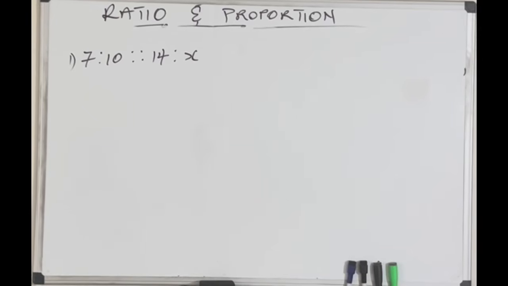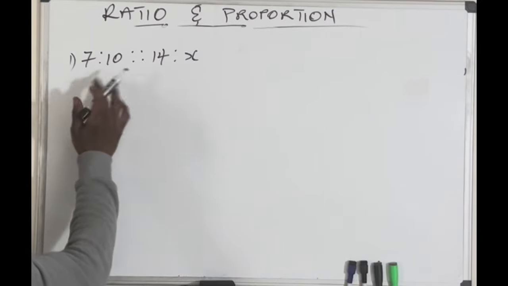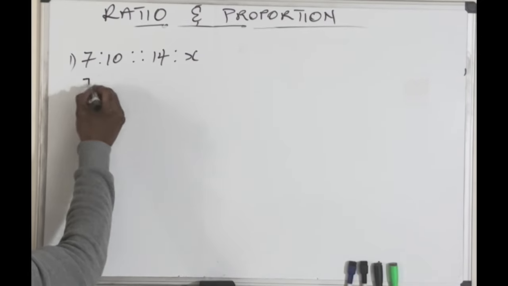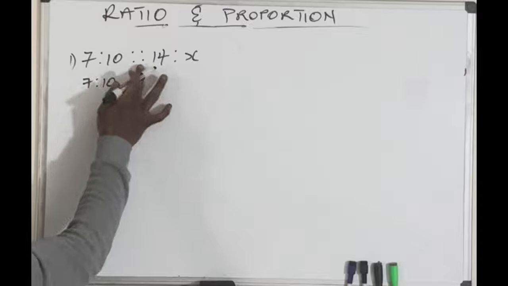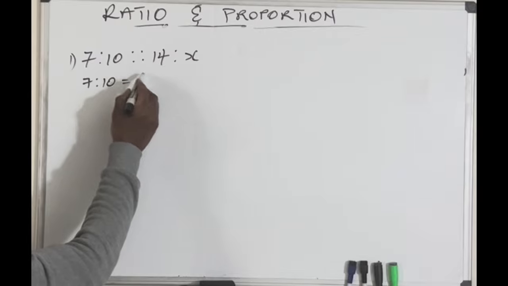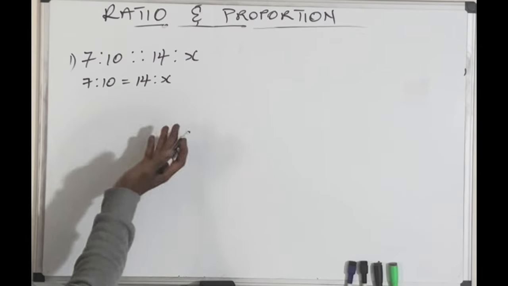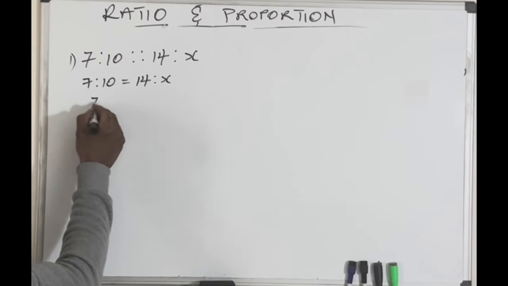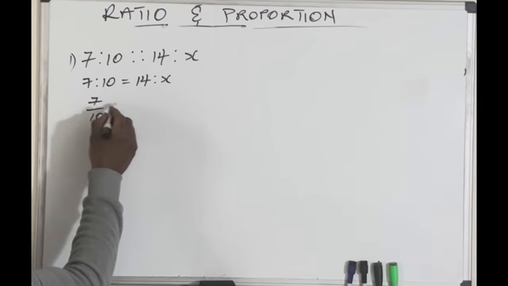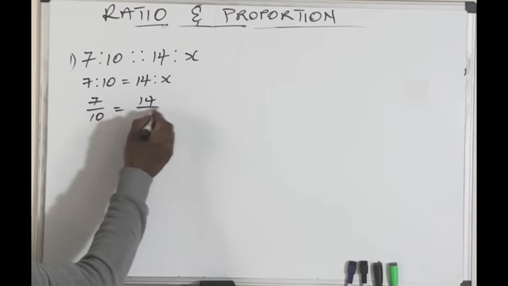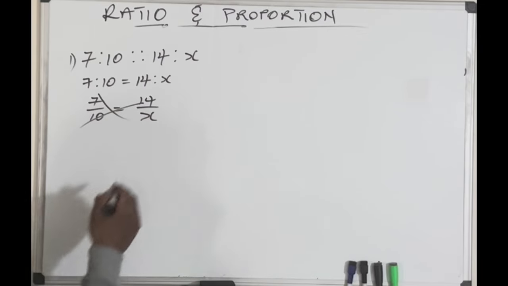in the exams, you'll get something like this. These are some of the questions you'll get in the exams, and then sometimes they'll put it in a sentence form. Okay, so when you get something like this, it can also be written as 7 is to 10 equals 14 is to x. Okay, or you can also change it to 7 over 10 is equal to 14 over x, and then you cross multiply, and then